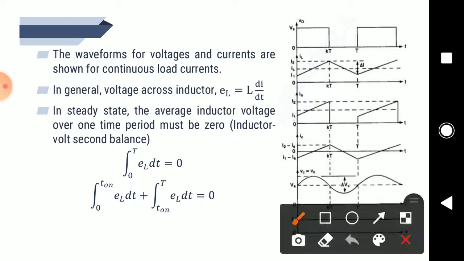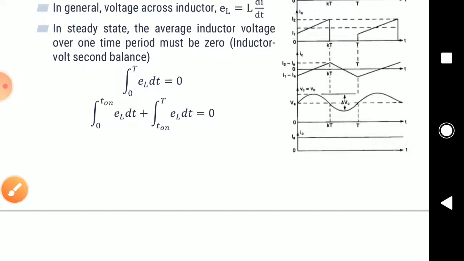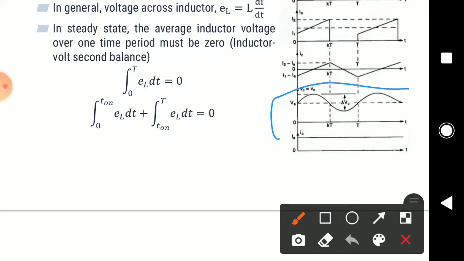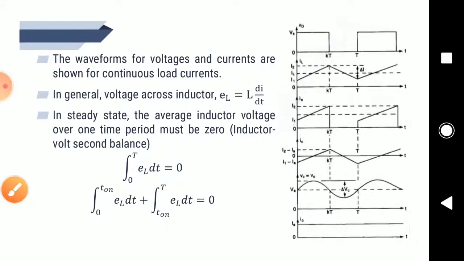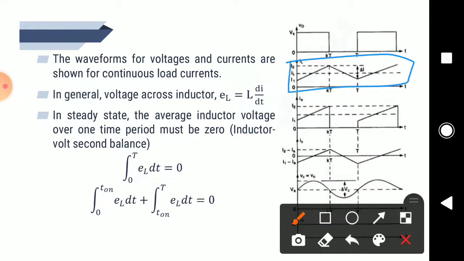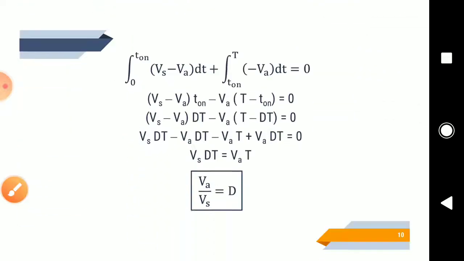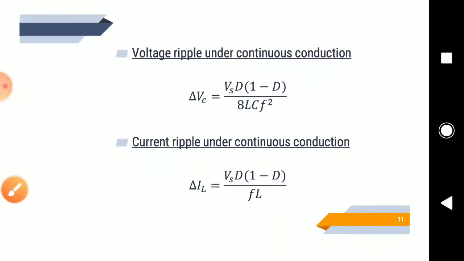Okay, now you can see over here that the voltage ripple, if you are looking closely at this particular waveform, this is the output voltage. You can see that you have not obtained a perfect DC value. Your waveform is increasing and decreasing. Similarly, if you are looking at your inductor current, you can see that the waveform is not a straight line, it is increasing and decreasing. So the value is oscillating along a particular magnitude, and this oscillation is called ripple. The ripple equations are also given over here.